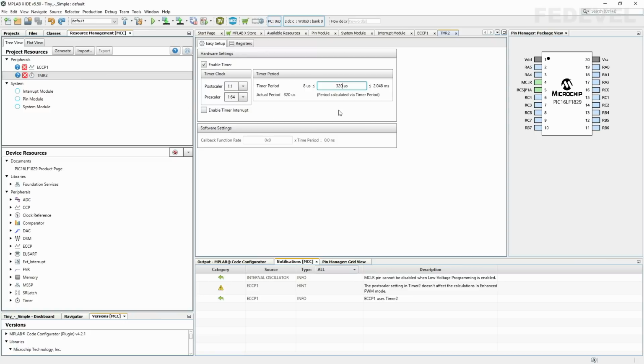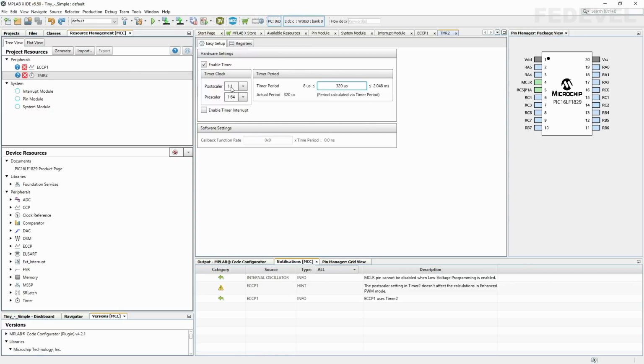Actually, you can use any period you like. This is something that I just used for testing. It may depend on what kind of LED, for example, you are using, or what kind of frequency you can use in your project. If you are not sure, you can use exactly the same numbers that I'm putting here.